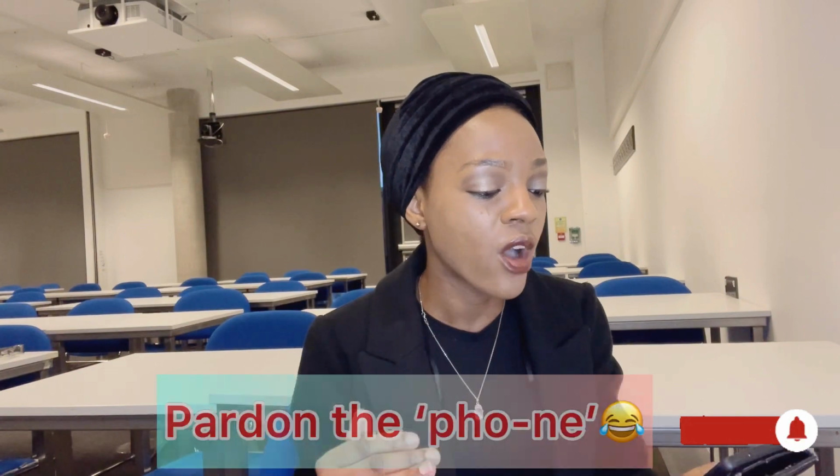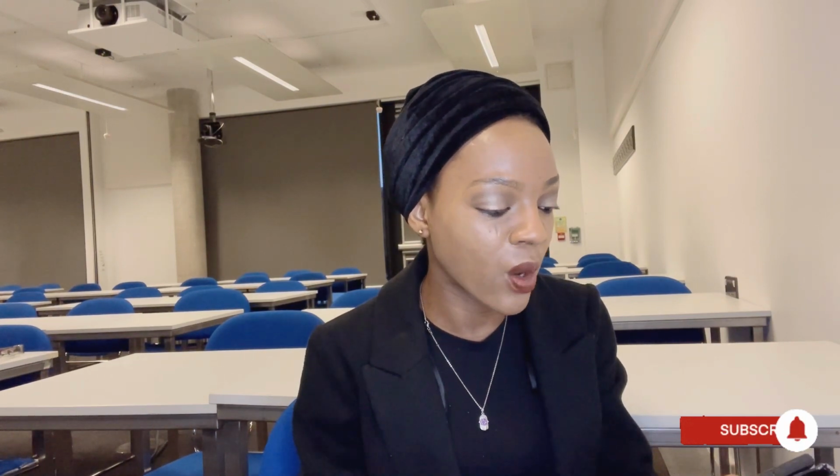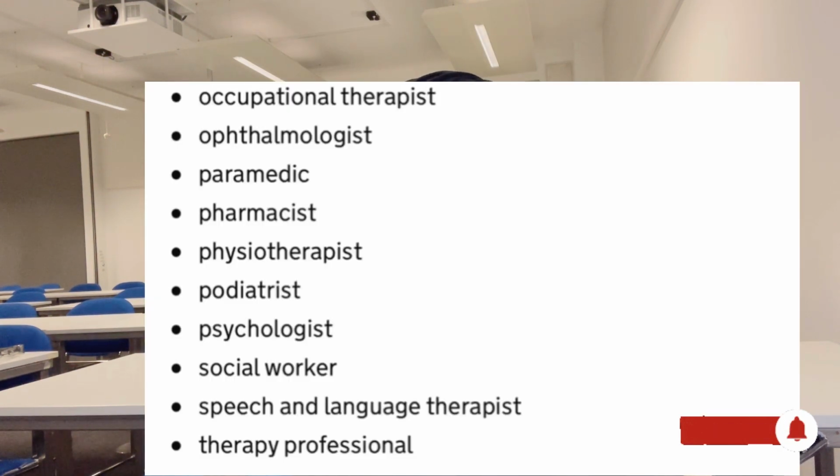So students who have work rights and are employed directly by an NHS trust within any of the professions listed below will not be restricted to 20 hours work per week during term time and may work without limits on the number of hours permitted for that NHS role. And what are these NHS roles? Biochemist, biological scientist, dental practitioner, health professional, medical practitioner, medical radiographer, midwife, nurse, occupational therapist, ophthalmologist, paramedic, pharmacist,